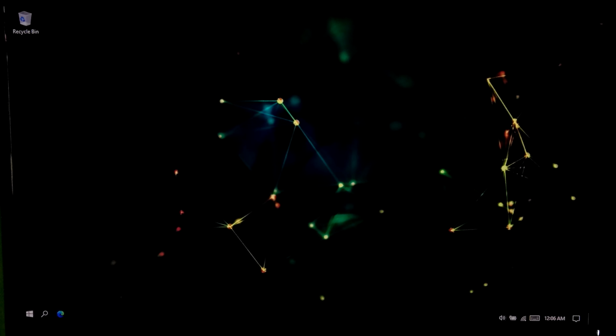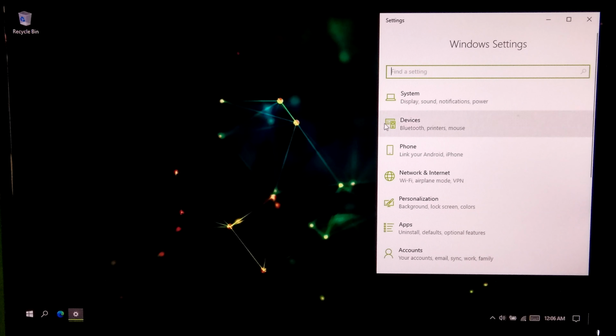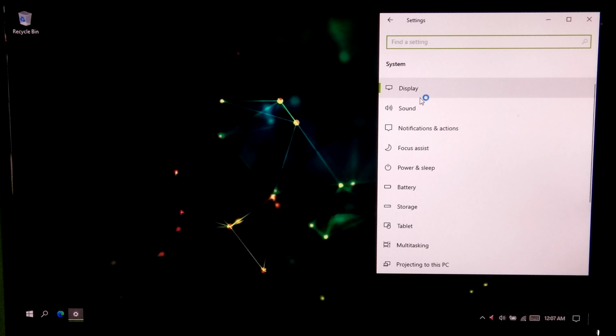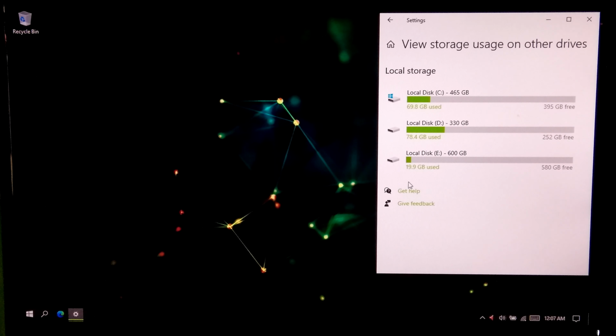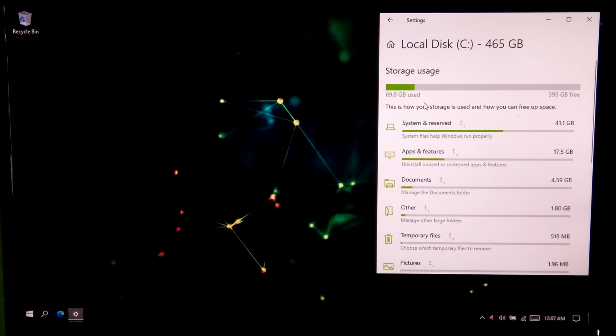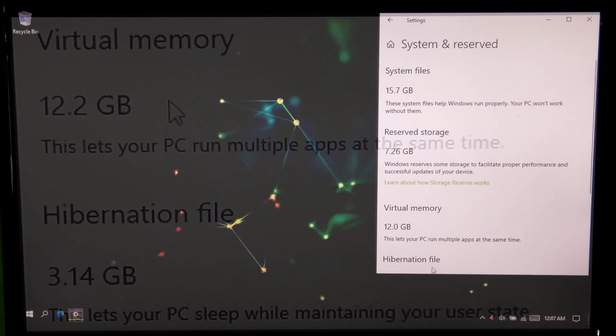After restarting, let me show you the currently system allocated virtual memory size. Okay, as you can see, the currently virtual memory shows 12 GB.